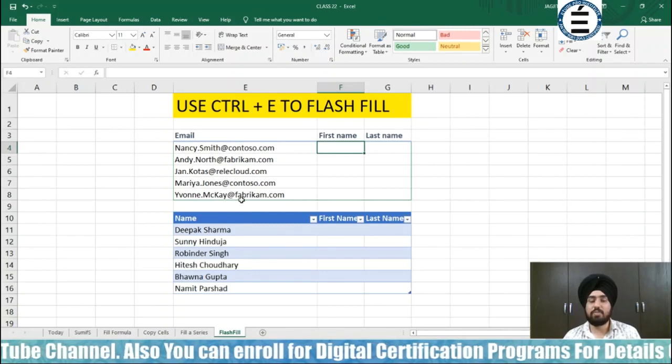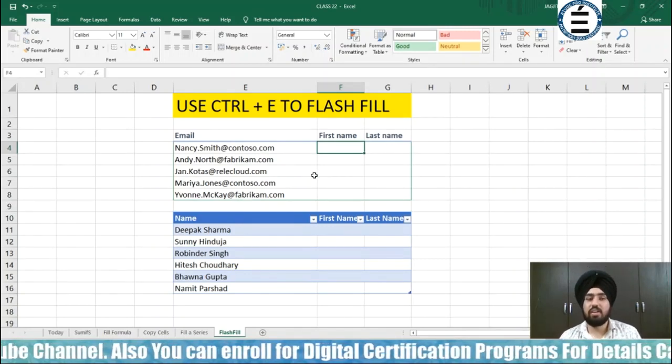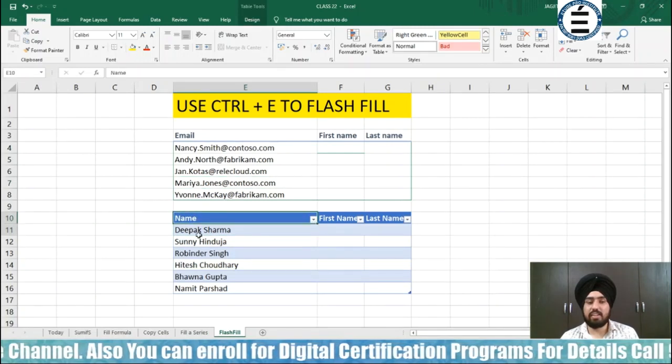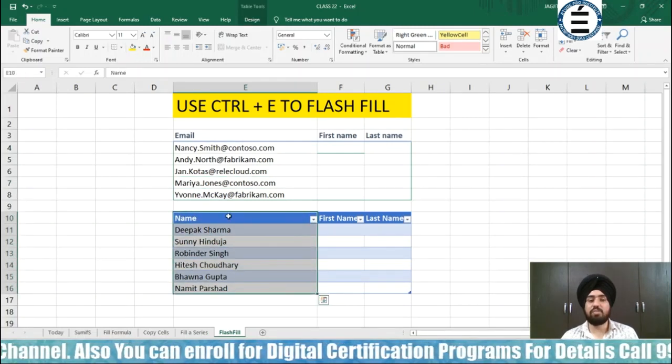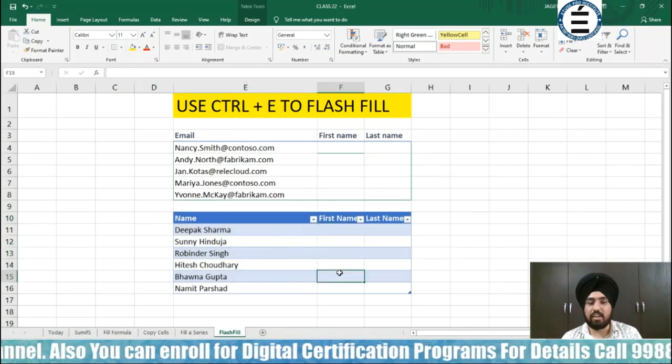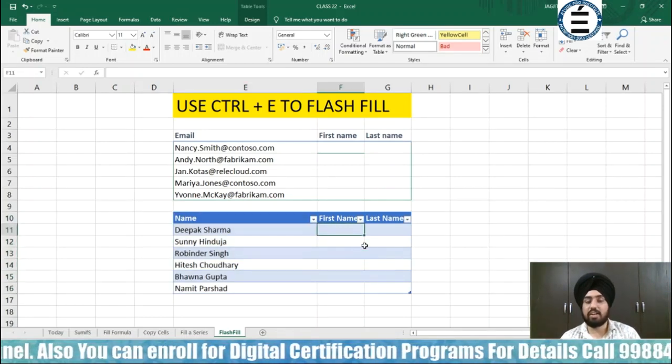Now the last but most important option is Flash Fill. What Flash Fill does, for example, this is the total name of my employees, my staff. I want to divide the names into first name and last name.